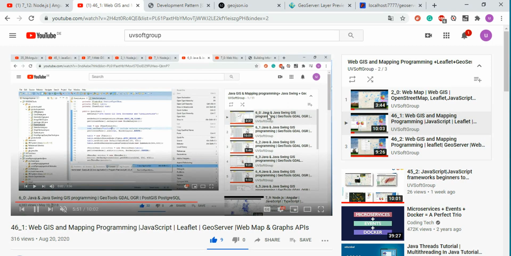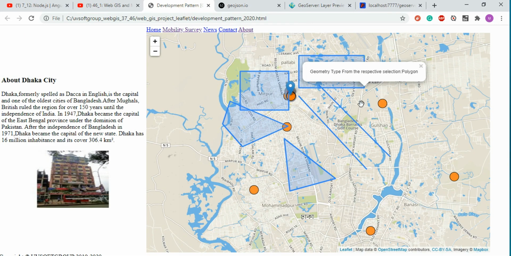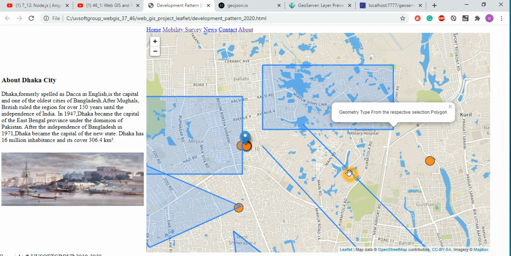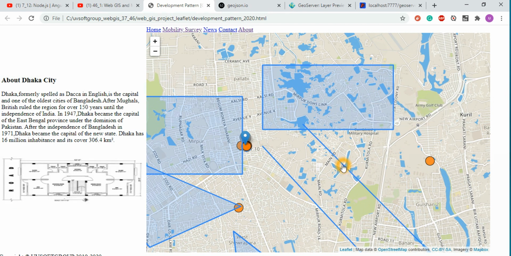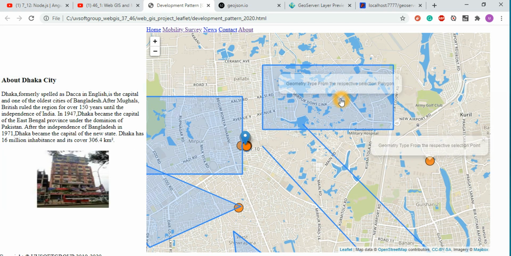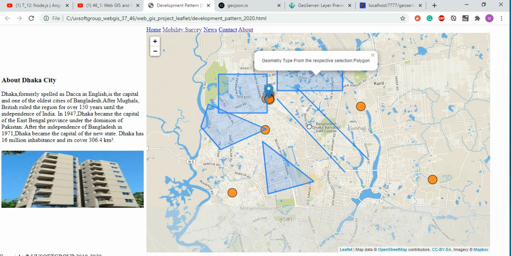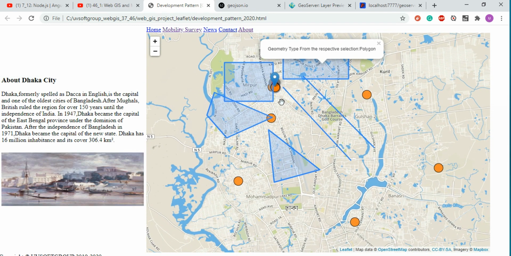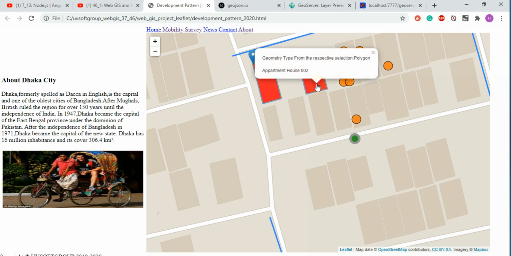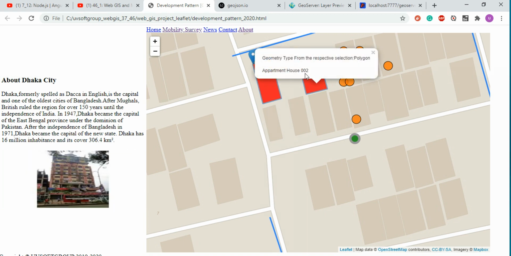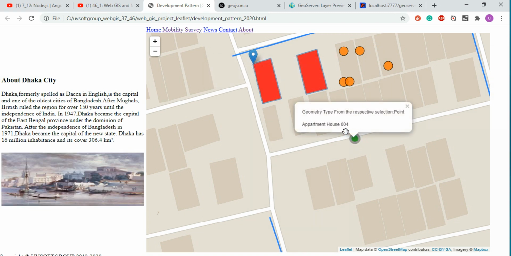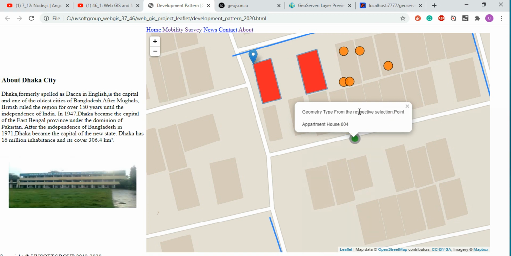So if I go to my functionalities, you see what functionalities I have. You have the on-click functionalities. If I click here, this is the line string. If I go to these points, you have the point and polygons, and if I click the polygons, the point, the polygon or rectangles. If I go into further detail, there are zoom in and zoom out functionalities, and you see the color change and styling. There is additional information, apartment house 2, and then you see here, clicking on apartment house 1, there is a color change, like POI is apartment house 04, and it's tracking the type of geometry.